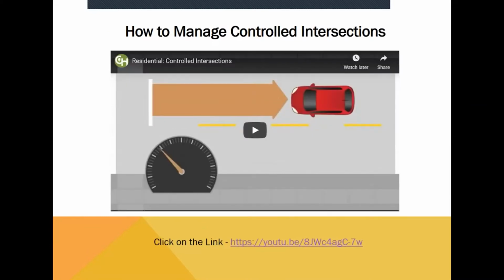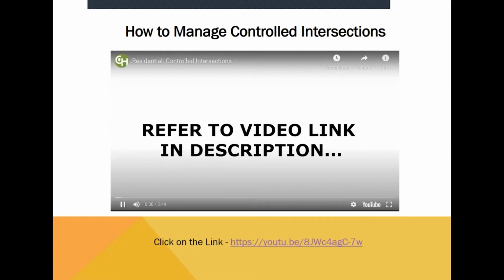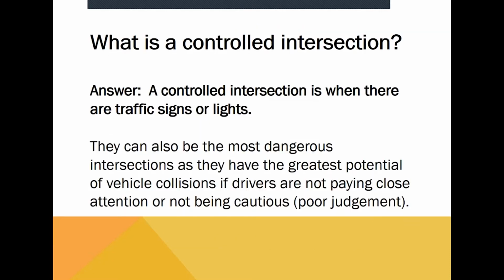So as you imagine, that's an uncontrolled intersection. Controlled intersections are when they are controlled by traffic lights and traffic signs and things like that. So here is a video of how to manage controlled intersections. So in your controlled intersections,